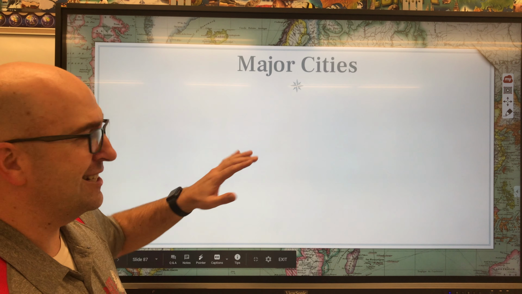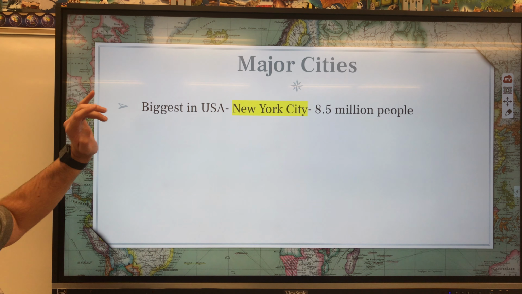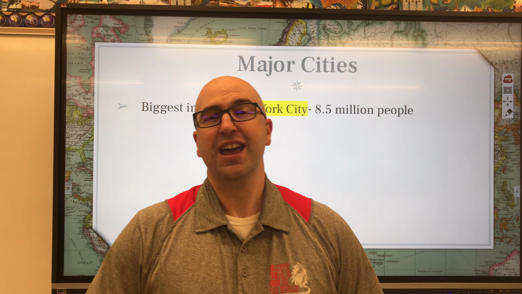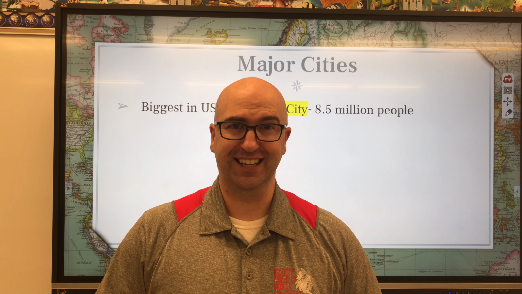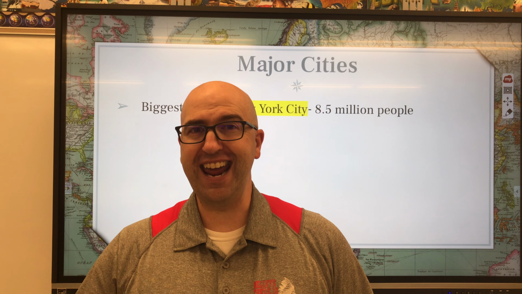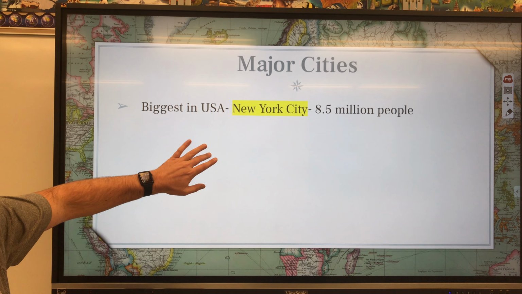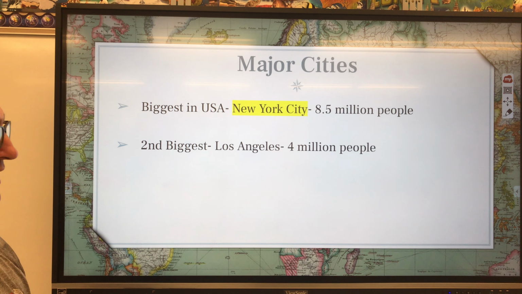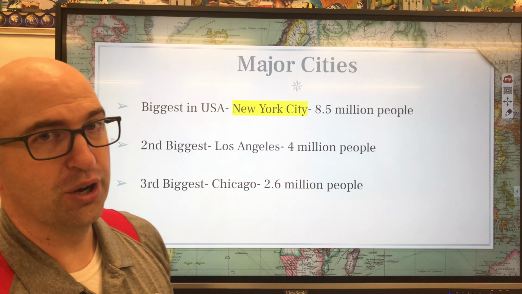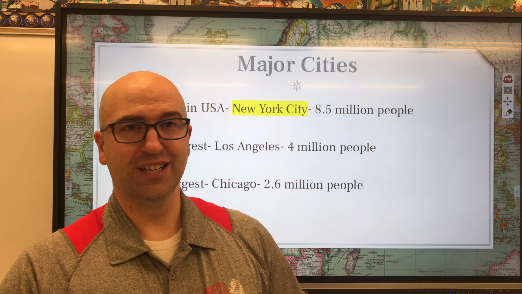All right, so let's take a look at some of these major cities in the United States. The biggest city in the United States is New York City. New York City has over 8.5 million people just living within the city. If New York City was its own state, it would rank 12th in the United States for population, meaning that 38 states have less people than just that one city. The second biggest city is Los Angeles, 4 million people. And then the third biggest city is Chicago, 2.6 million people. And then from there you have other large cities such as Houston, Philadelphia,